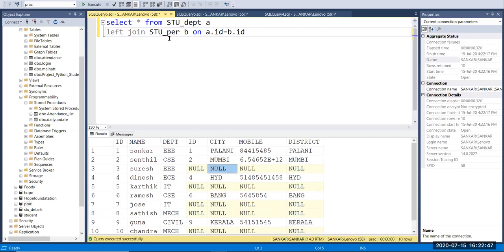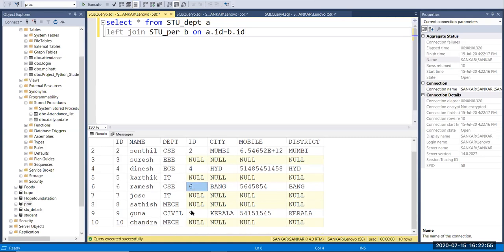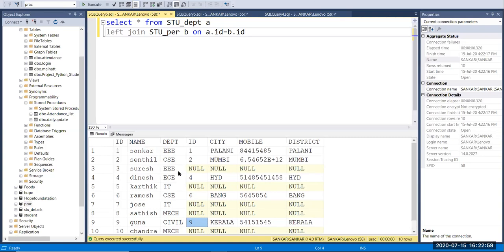If you take stu_per, we have only 5 values, that is 1, 2, 4, 6 and 9. The remaining values are printed as null, right?